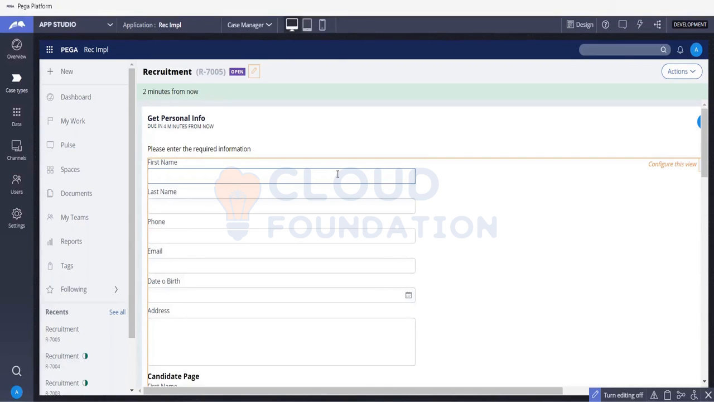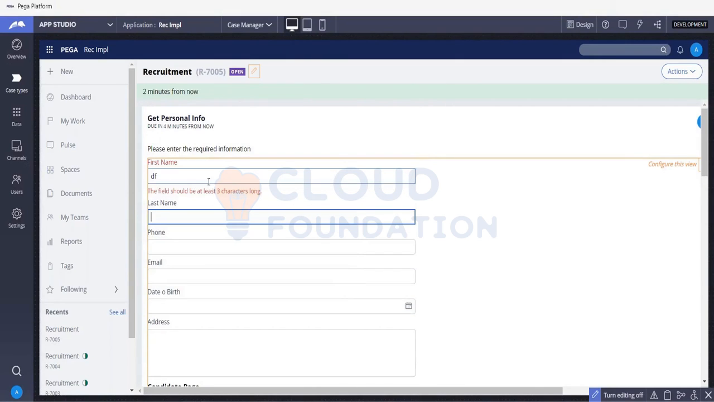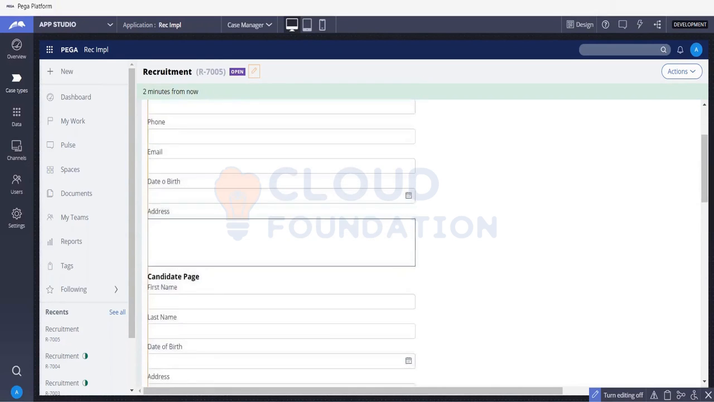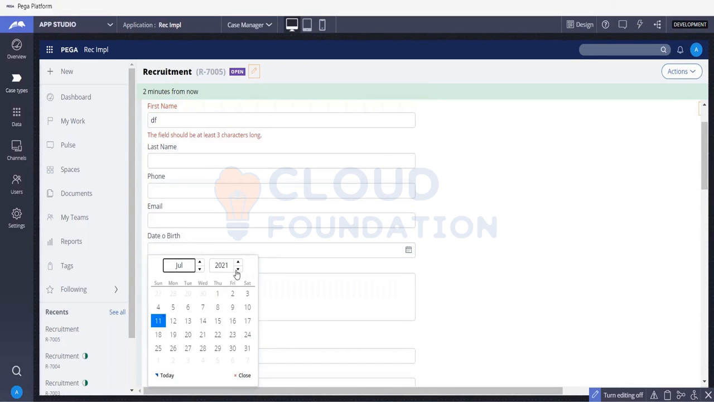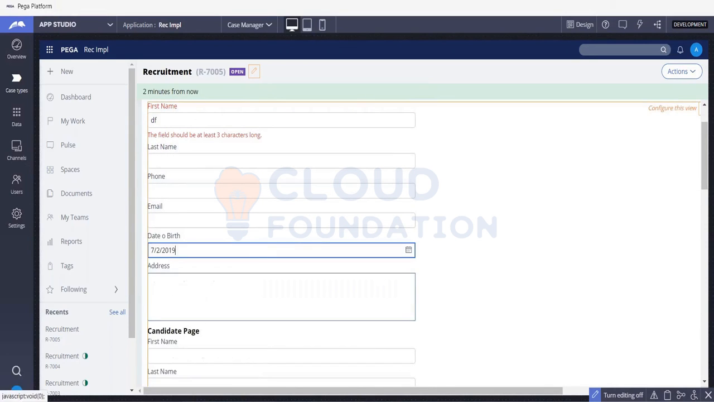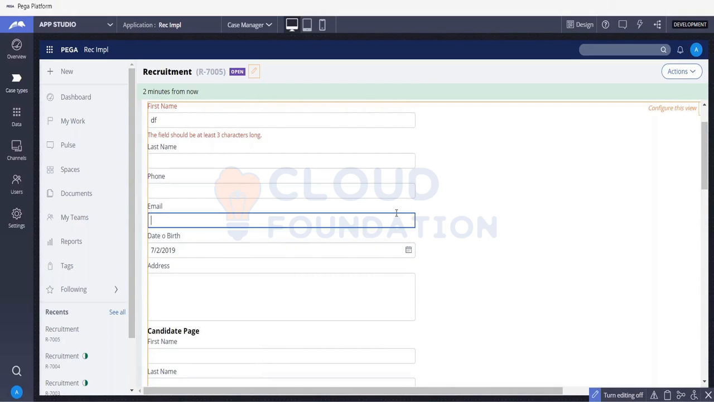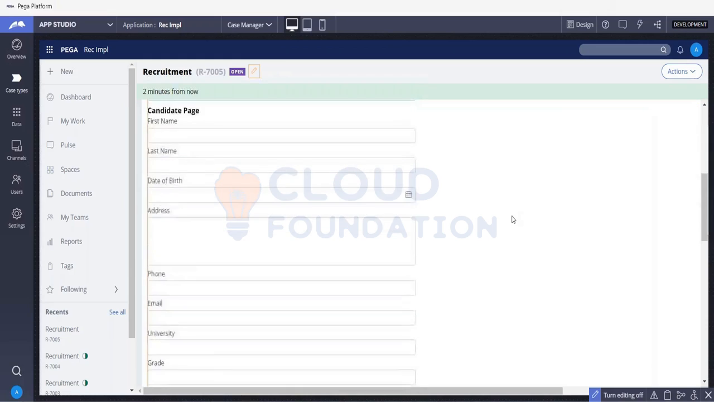Correct. Exactly. Now suppose for first name, I'm giving only 2 characters. As soon as I enter this, I get the validation check. But for date of birth, let me give something after. The system doesn't show anything. It considers it as is, but when you submit,